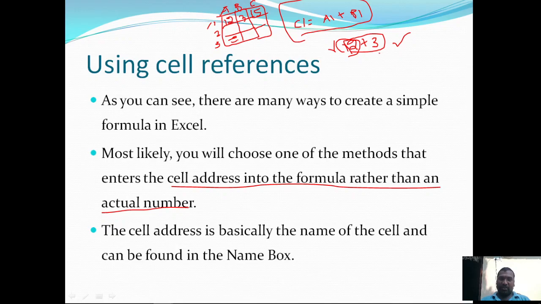So it is better to use the reference addresses or cell addresses in the formula bar, so that you can perform the operations accurately without making any errors. There may be a chance of errors if you use the numbers in the formula bar.